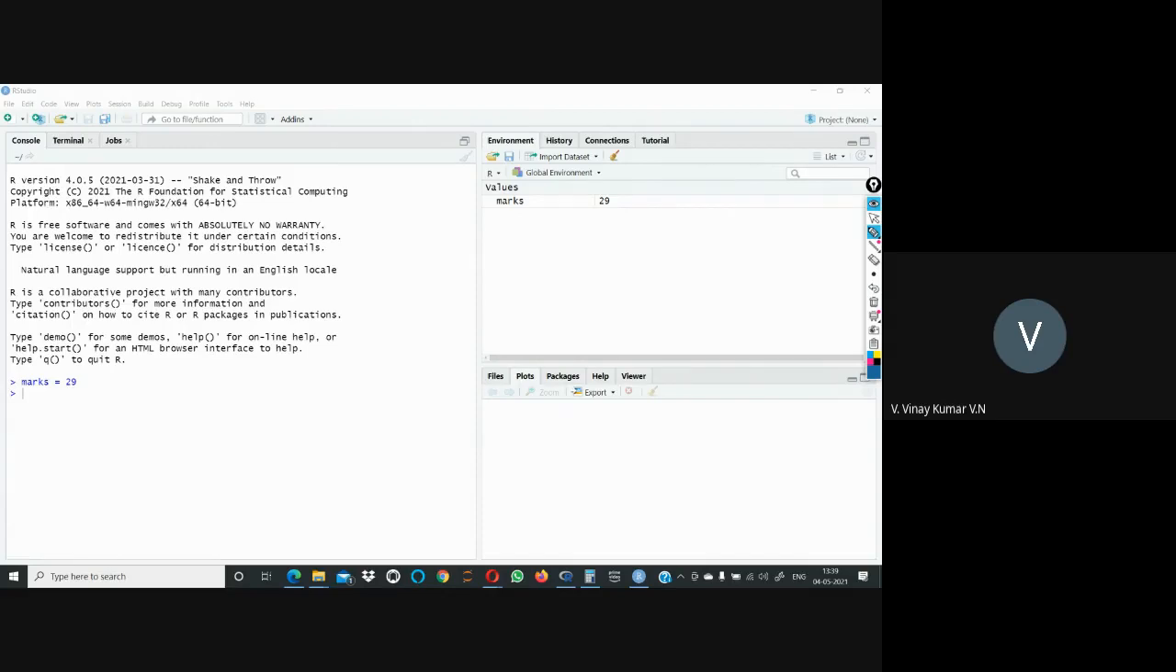Okay, so here marks equals 29, and if marks is greater than 40,